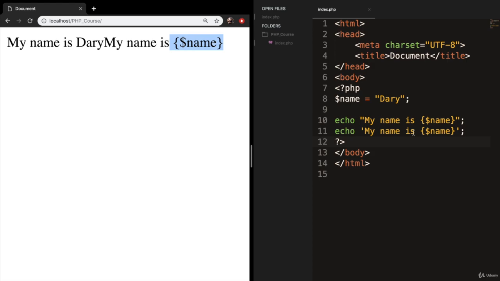And that's the biggest difference. The single quotes just prints it out right as an echo, and it doesn't care about variables. But the double quotes will actually detect that the variable name inside my double quotes is actually a variable. So let's replace it with the value